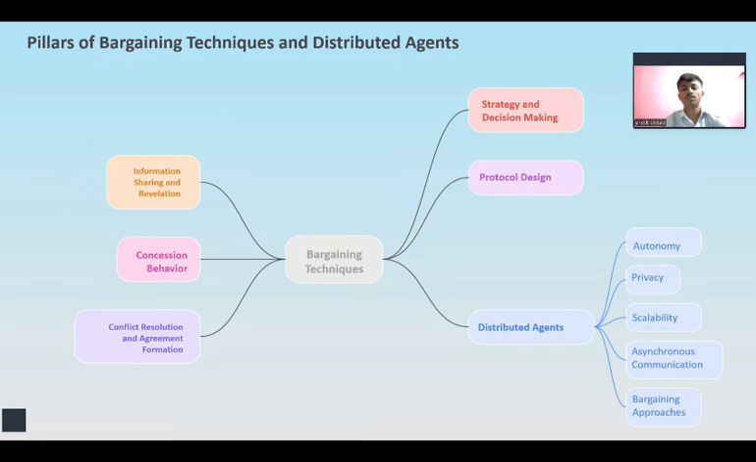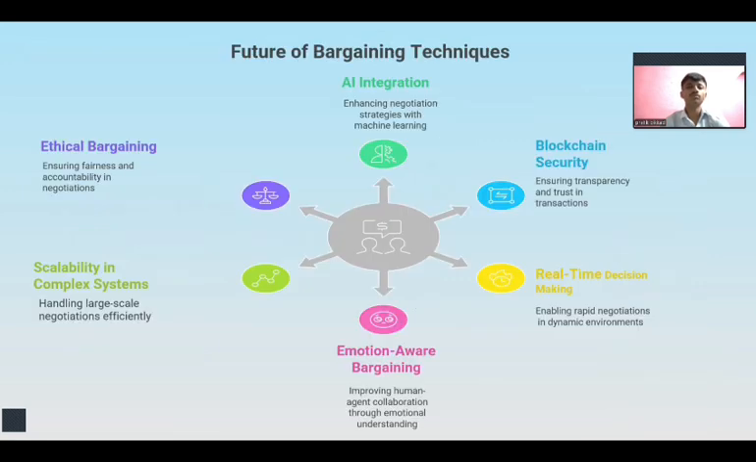In distributed agents, there are the subtypes of autonomy, privacy, scalability, asynchronization, communication, bargaining approaches. Now we will see the features of bargaining techniques. AI integrated means enhancing negotiation strategies with machine learning, blockchain security,